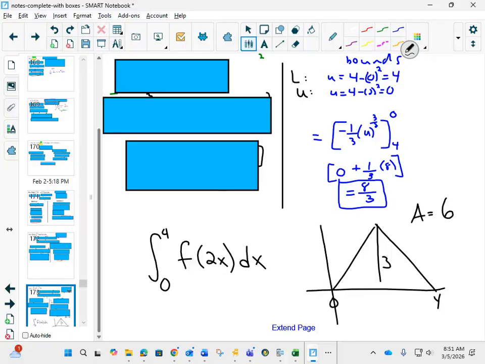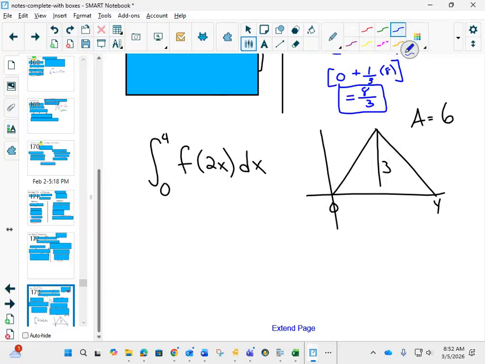Now, f of 2x has a horizontal compression by a half. Things are moving. If this is f of 2x here, what would f of x look like originally? f of x would have been much wider. It would keep the same height. Can you see that the areas would be different? Okay? And although this is a simple one, we can say,